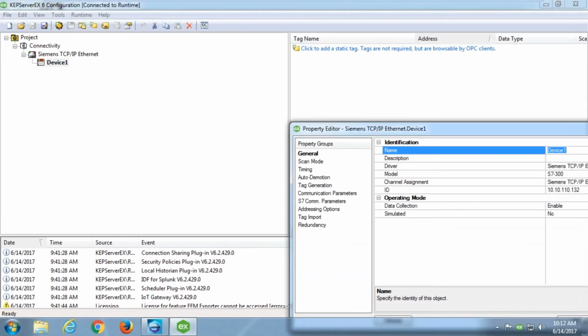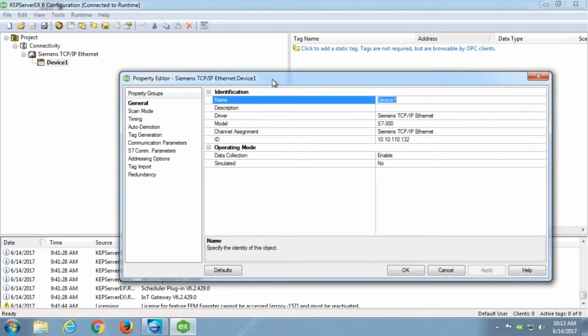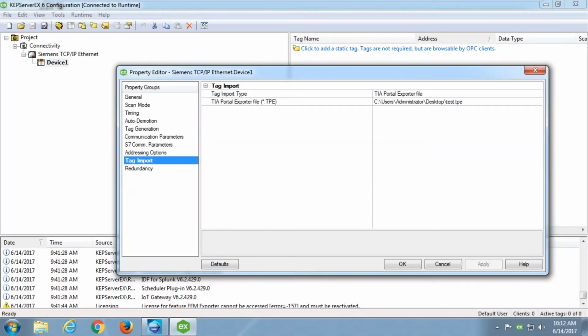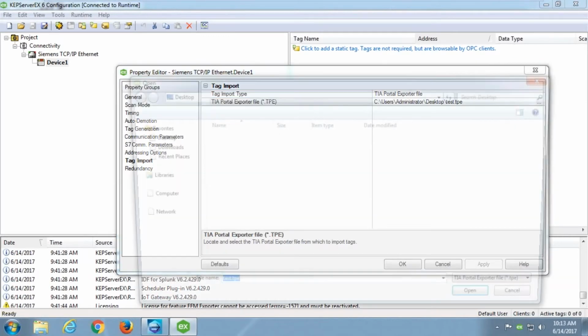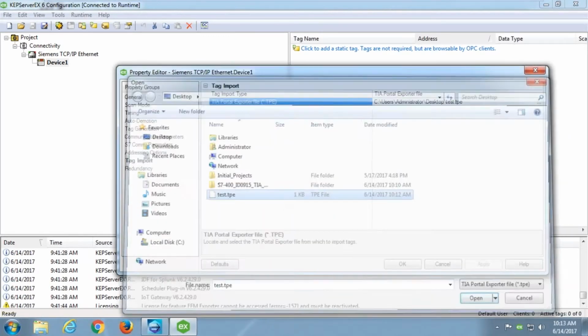So if I get into the device properties here, first thing I'm going to do is go into my tag import options, and you'll see that I have the option to either do TIA and import that export file, or, as in earlier versions of Kepware software, we already have the ability to import from Step 7 project files. Obviously, since I'm demoing the TIA exporter file, I'm going to choose that, and I'm going to choose my test.tpe